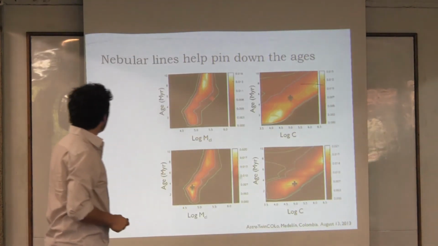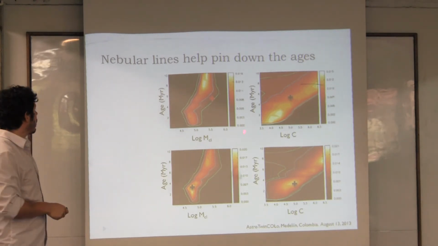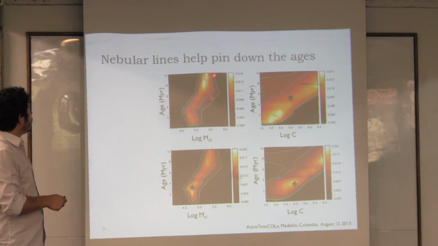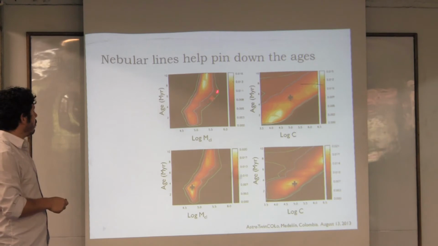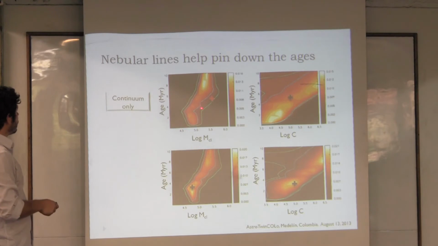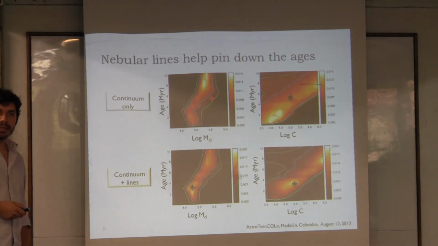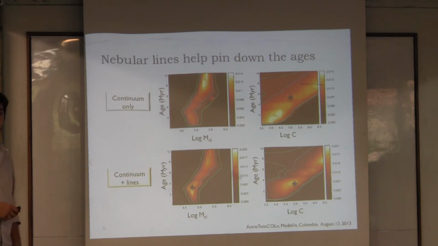More importantly, if you include the nebular lines, so the emission lines, you don't worry only about the continuum emission, but also about the nebular lines. If you try to do the fit without fitting the emission lines, so only the continuum, you see that you get a similar distribution of the probability, but the best fit is kind of lost. If you do include the lines, then you suddenly make your solution converge to an actual value. So including the emission lines is giving us very useful information, for example, about the age of these clusters, of these HII regions, because it's telling us about how intense the radiation field is, and that helps us constrain these systems.